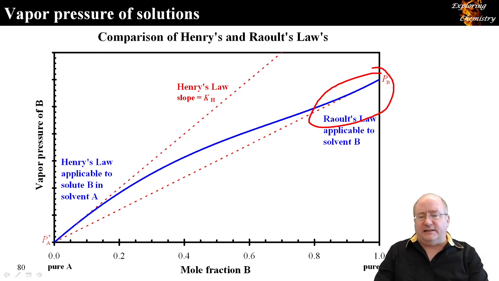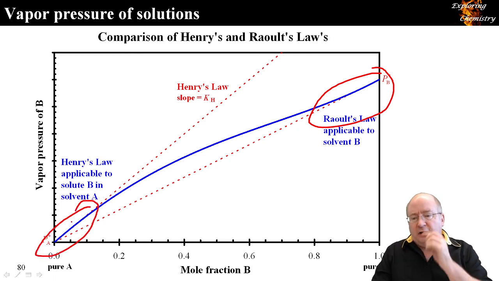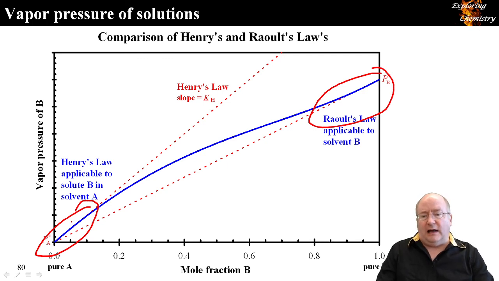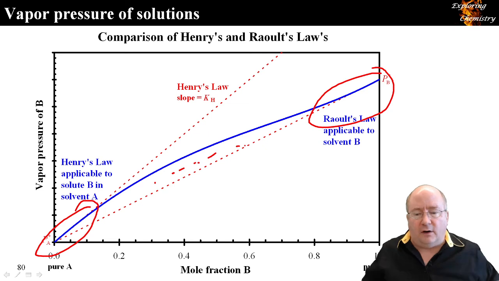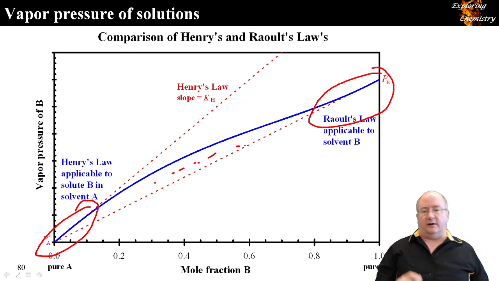Then there's a significant deviation, and down here in the lower 10-15%, you see reasonable application of Henry's law. Henry's law constant is just something you look up, and this is what the solute B does in solvent A. It gets a Henry's law relationship, and that's the slope of that line. Between the two, you see that it kind of does whatever and goes from one to the other, from Henry's law being applicable to Raoult's law being applicable. That's what you actually see